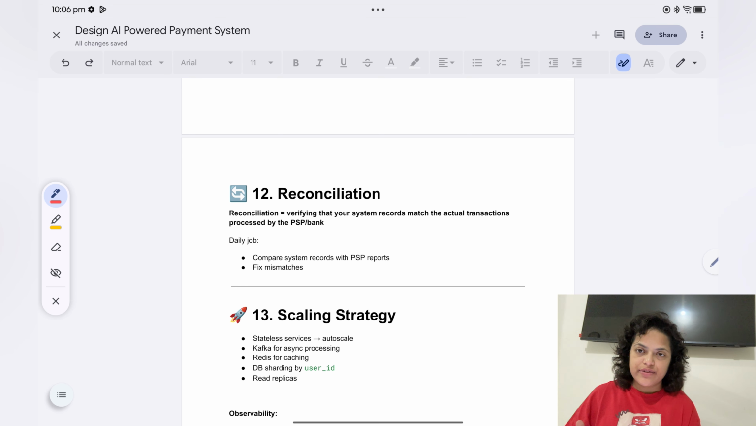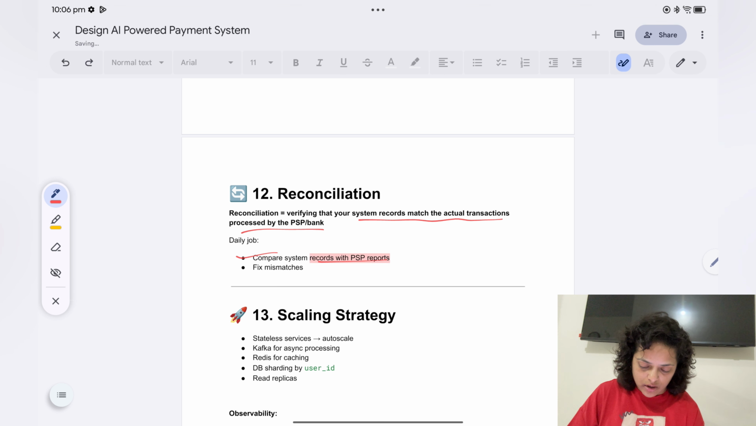Now reconciliation. If you talk about reconciliation, it means verifying that your system records match the actual transactions processed by the PSP or by the bank. So you will run a daily job, and that job will compare system records with PSP reports